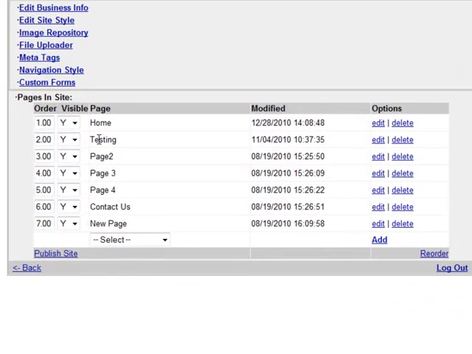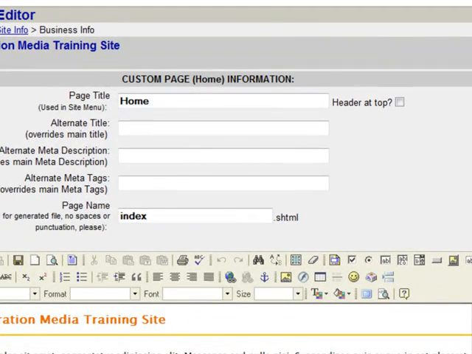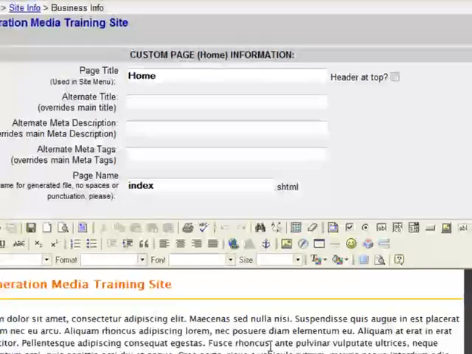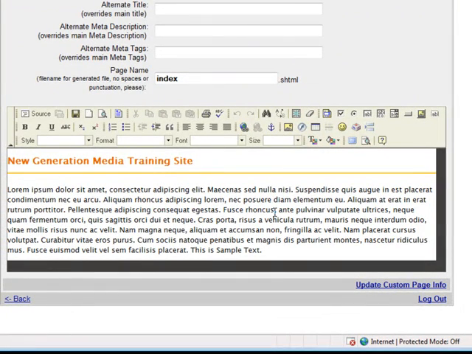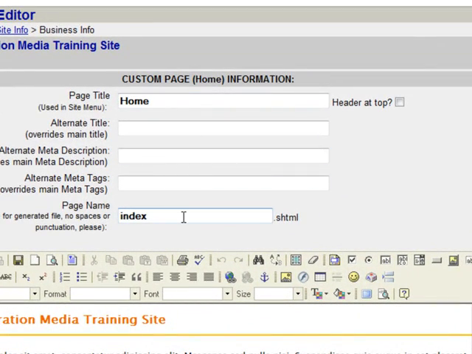Looking down on the page, you will see all the pages that exist on your website in a list. Let's say that we want to make some changes to the home page of our website. We simply click the edit link for the home page. The page editor is split into two sections. Section 1 contains the information about the setup of the page itself, and Section 2 contains the page content and editing tools. The two boxes you will want to know about in Section 1 are the page title and page